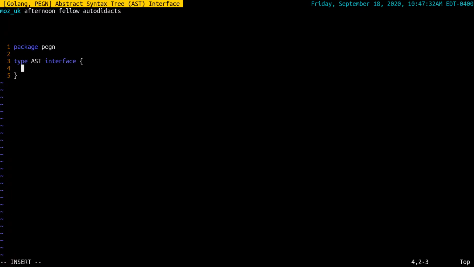So those two things kind of collide right here, because the PEGN.AST is like, oh well, is that the AST? No, this is an interface that defines a PEGN AST, and so I almost don't want to call it an AST. I almost want to call it AST meta, or meta, or AST description. I'm going to keep it PEGN.AST